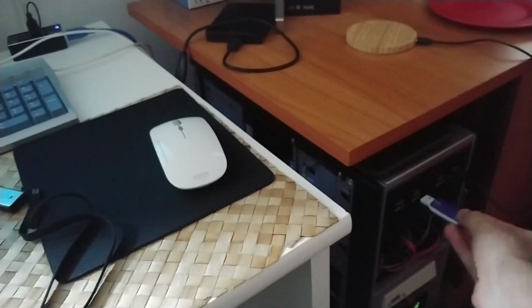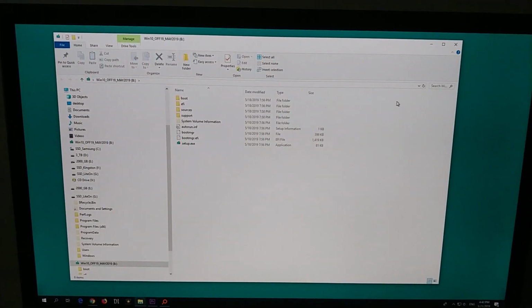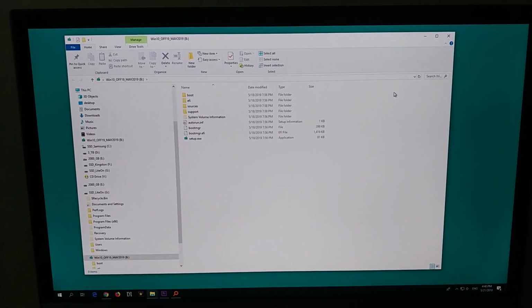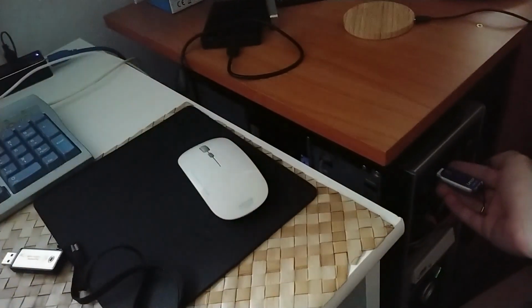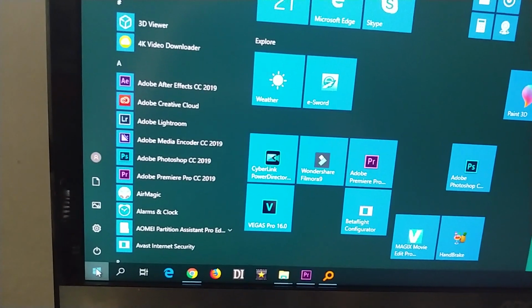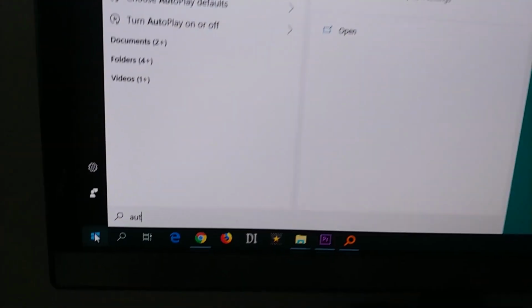If you plug in a USB flash drive into your computer, then Windows 10 automatically opens File Explorer. If you remove the flash drive from the computer, then it disappears. If you want to disable this function, then come here to the Start button, type in AutoPlay,